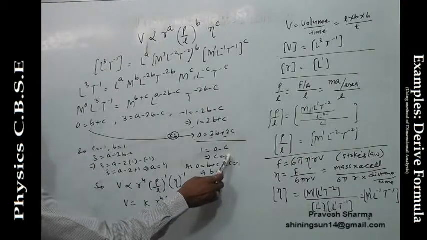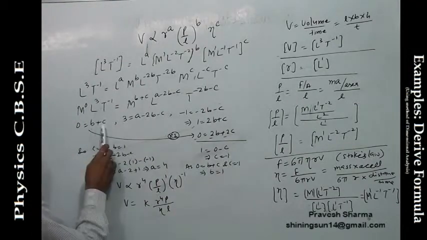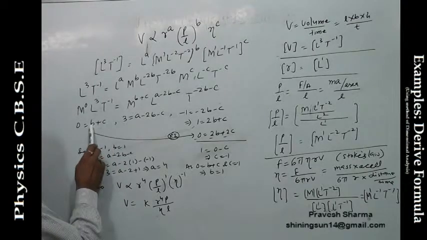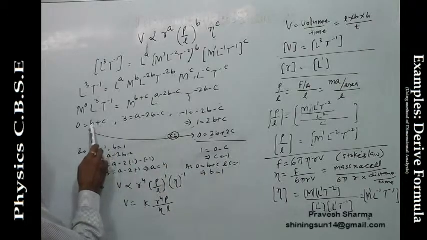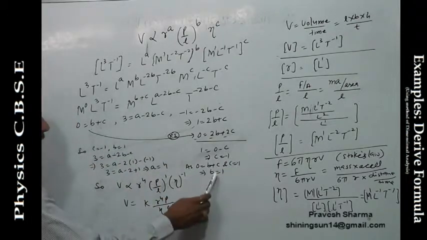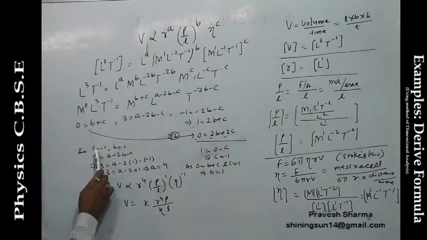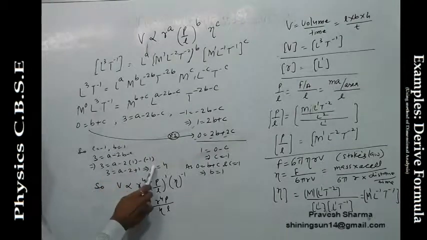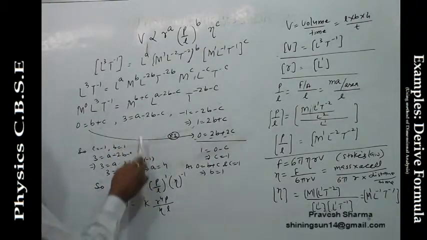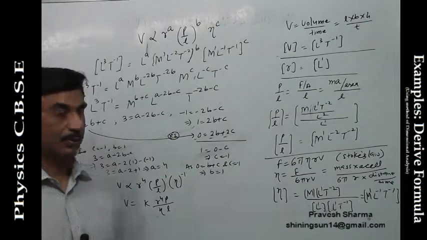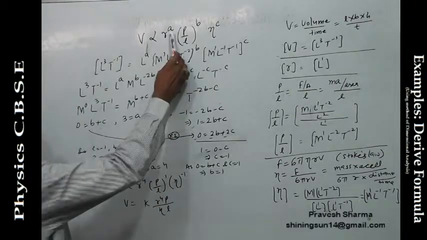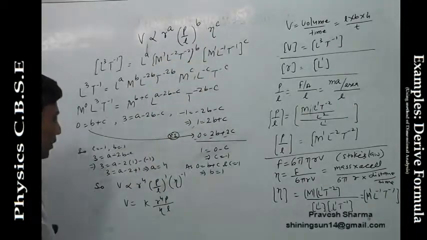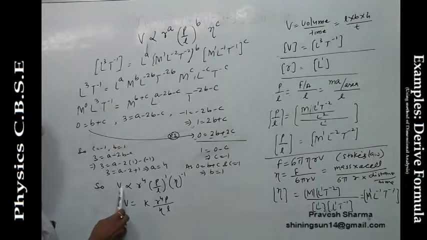Once we get c is equal to minus 1, when c is minus 1, b is obviously going to be 1. We put c is equal to minus 1 over here, so b will come out to be 1. So we have got the value of b and the value of c: c is equal to minus 1, b is equal to 1. Put these values in this equation and you get a is equal to 4. So you have got a, b and c. We put these values over here, so we get the formula.